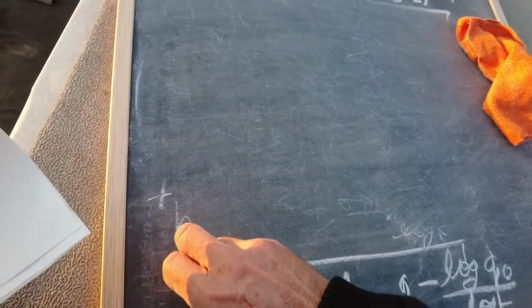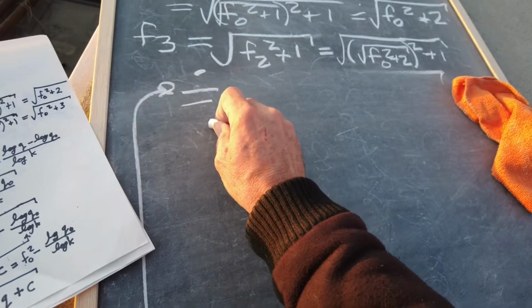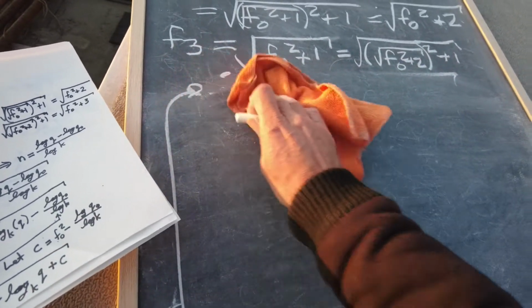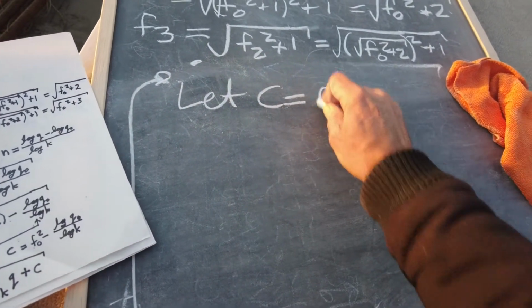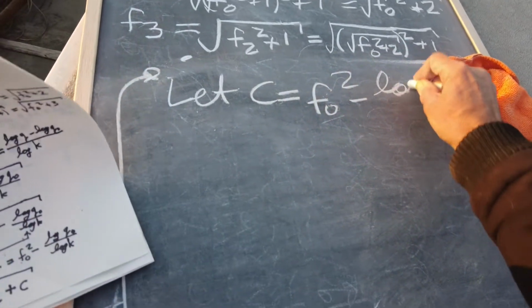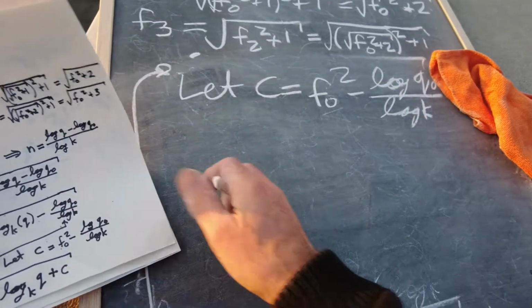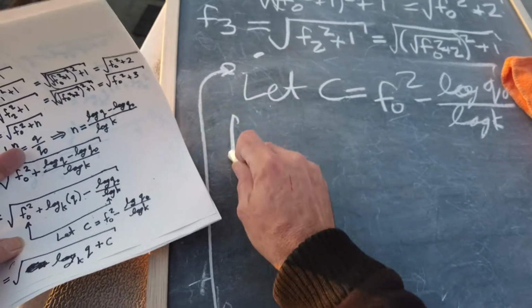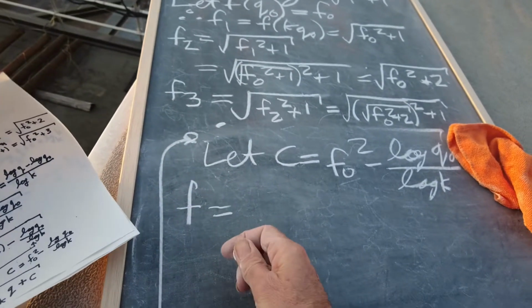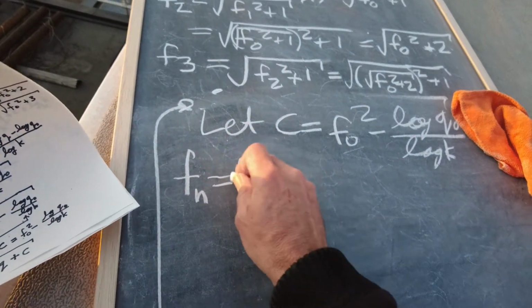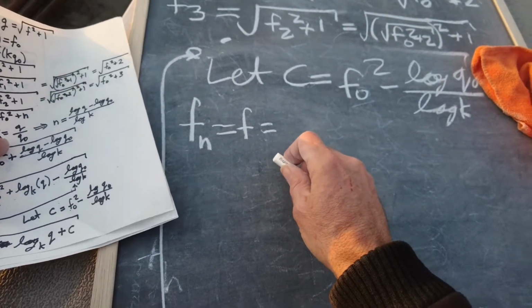So this equals the square root. So let's let c equal f0 squared minus log q0 over log k, and then what we have is this thing f is equal to, or fn in general, is just your function f. So f equals F, let's say, which is just the thing that we're trying to solve for. And that is equal to